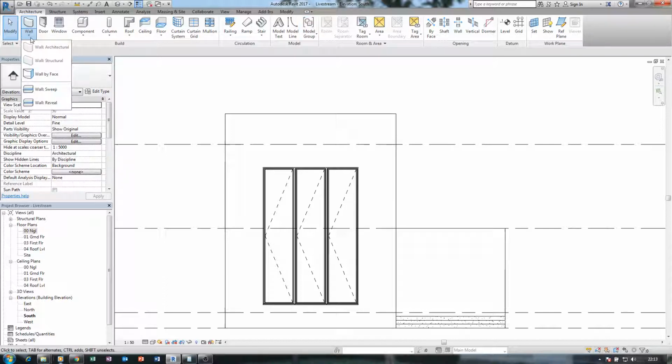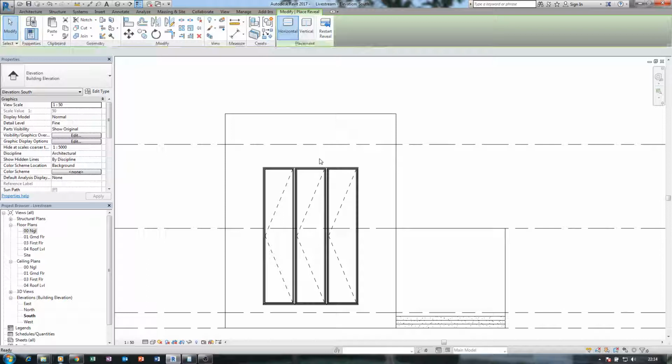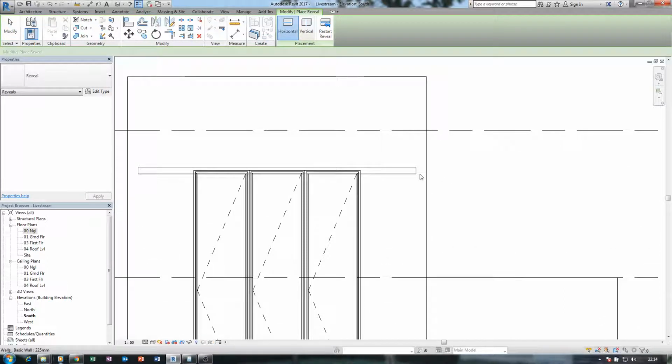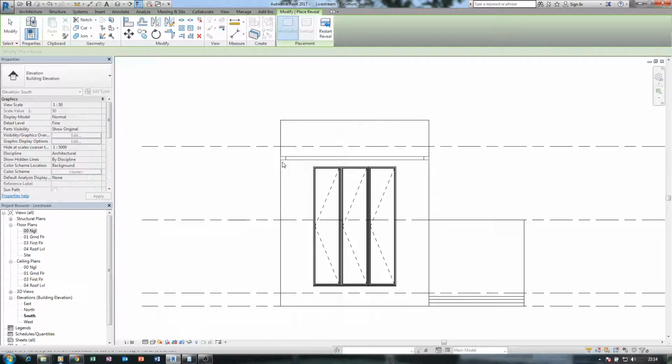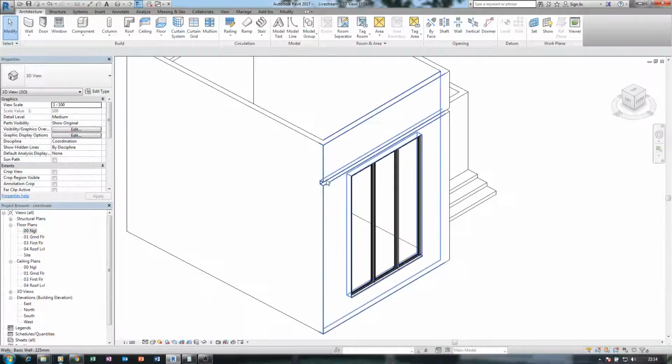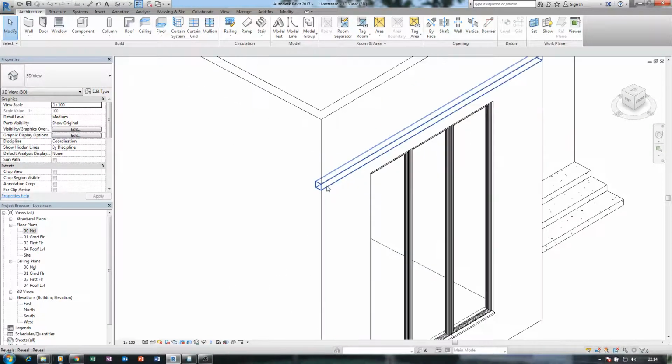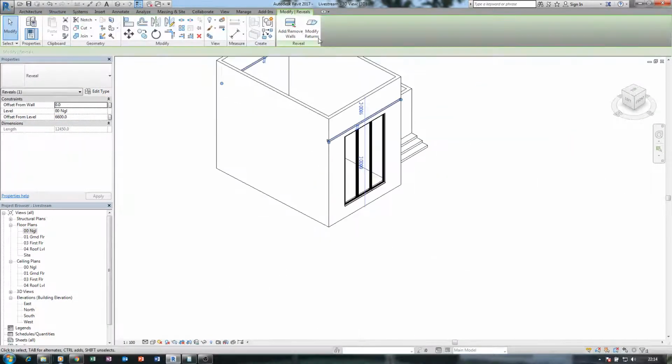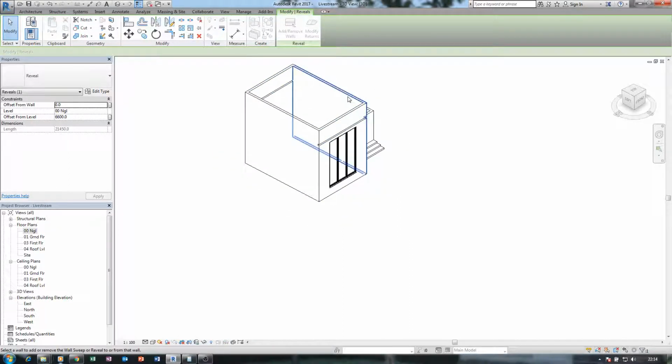Under wall, you click wall reveal, and really I try to put it here. So it's like this. Select it, and you can add more walls. Pick this.